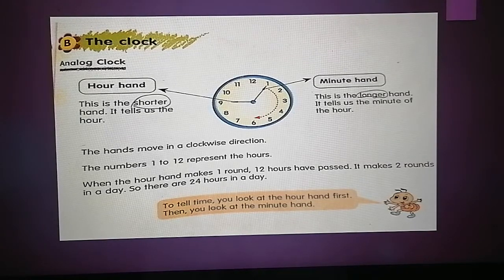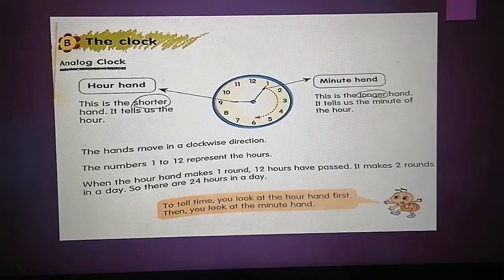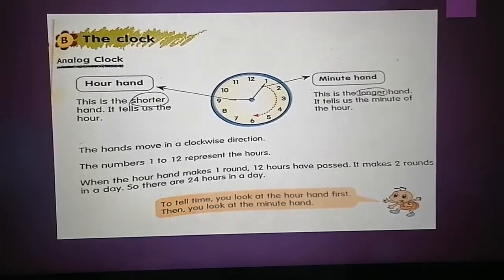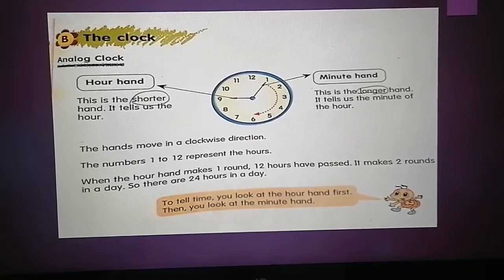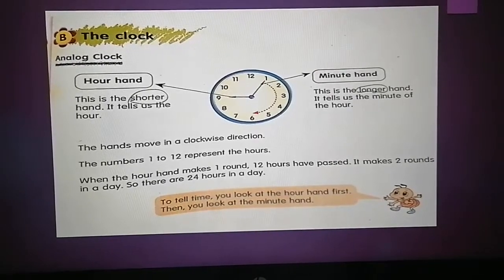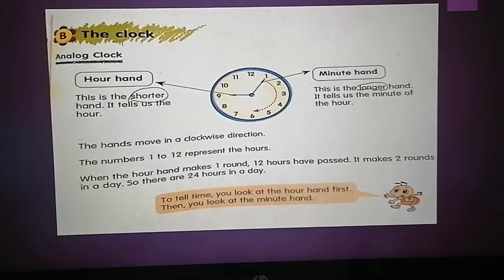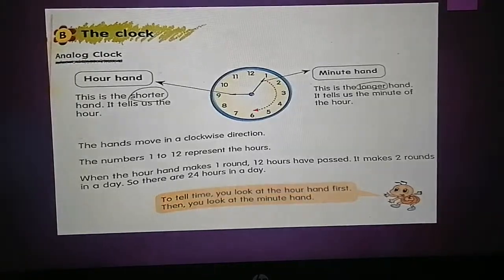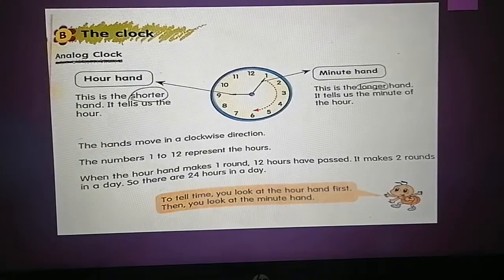Okay, so to tell the time, you look at the hour hand first and then you look at the minute hand. Again I will repeat, the short hand is the hour hand, the long hand is the minute hand. Now we will go to the direction